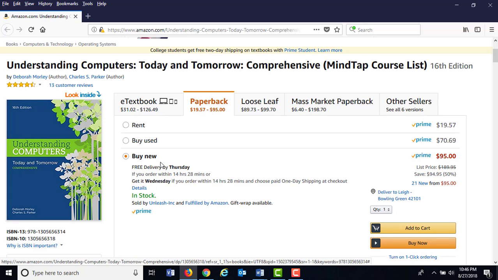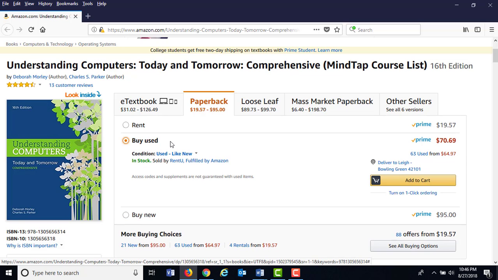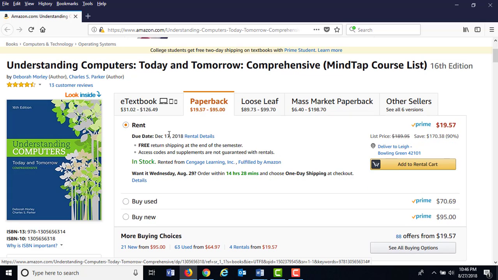It basically opens up to purchase a brand new one, which, don't do that. If you're going to buy it, at least buy a used one, because that's going to save you some money right there. What I would do if I were in your shoes is I would rent it,